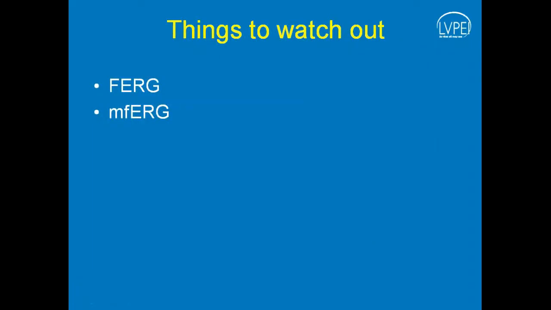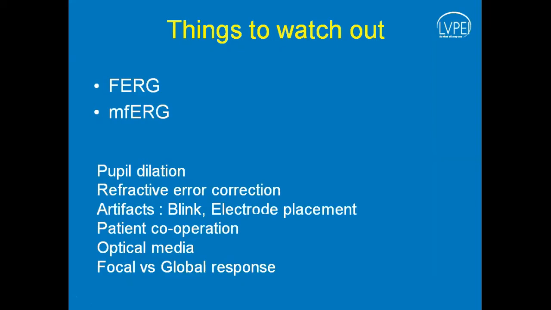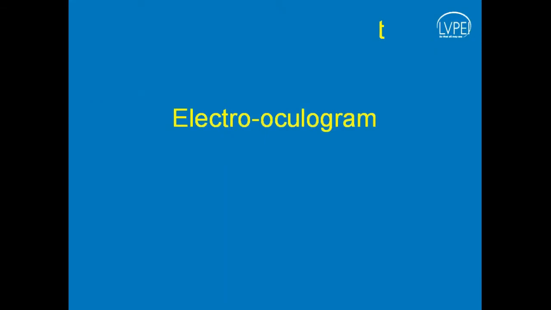Now, there are some things to be watched out for: the pupillary dilation, refractive error the patient has during the test, whether the patient is inducing blink related artifacts or electrode related artifacts, and how the optical media is. Because if the media is pretty hazy, the patient cannot attentively look at the target, and then multifocal ERG or any pattern program would be very hard. In that case, the flash protocol would be helpful. So there are numerous such points to be remembered while we perform ERG related protocols.